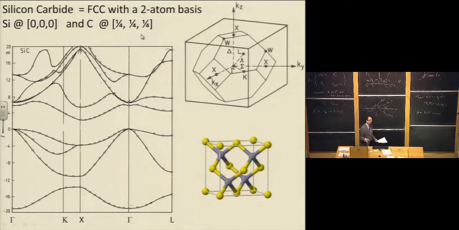We've seen this structure before. This is a zinc blende structure. Zinc sulfide, gallium arsenide take the same structure. Silicon carbide takes this structure. It's a very common structure. Okay, now,